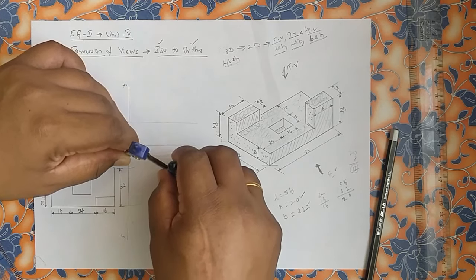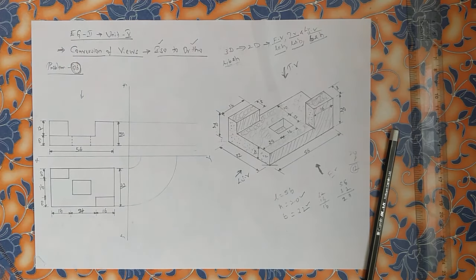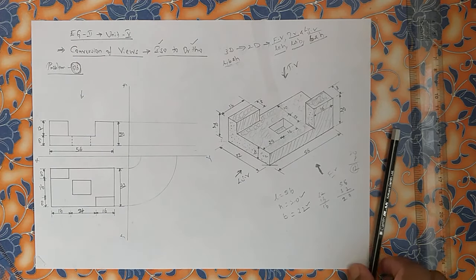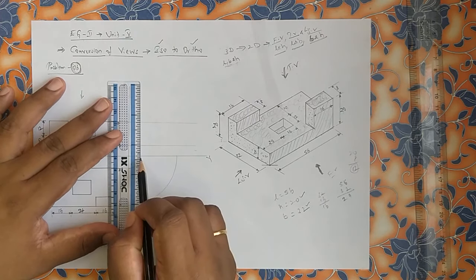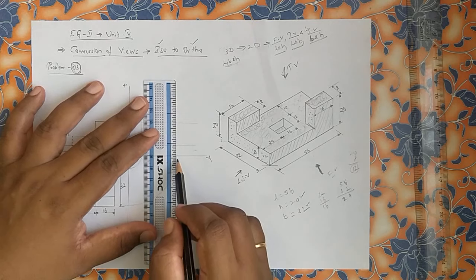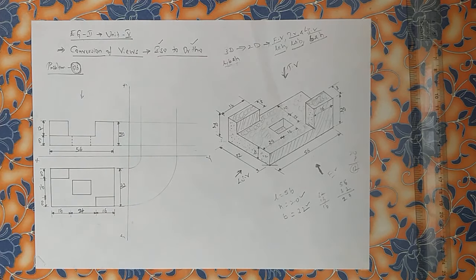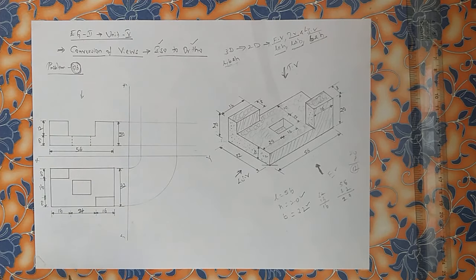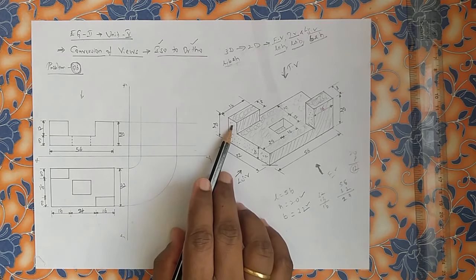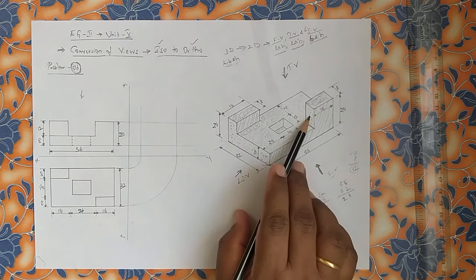Try to draw the arc like this up to XY. Right? Once the arcs are drawn, two arcs are drawn. Now from here try to project these two with the light lines. Now you can see a box here. Within this boundary box we are supposed to project our left side view of L shape and this one.